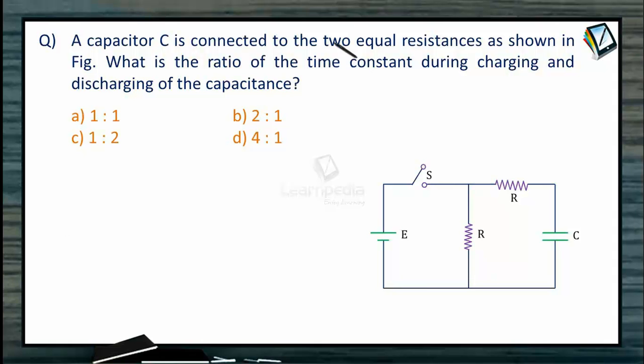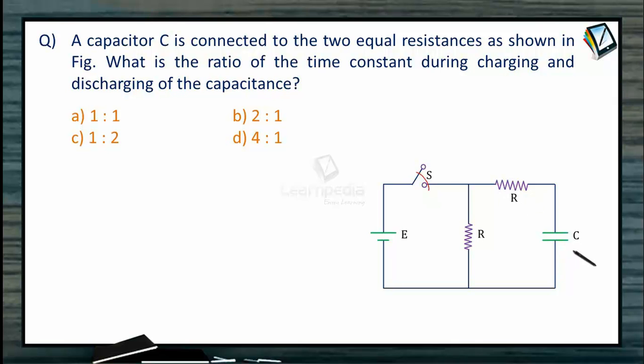A capacitor C is connected to two equal resistances as shown in the figure. What is the ratio of the time constant during charging and discharging of the capacitance? Charging means when we close this switch. Okay, so when we close this switch, you can see what is happening: here in this branch, one